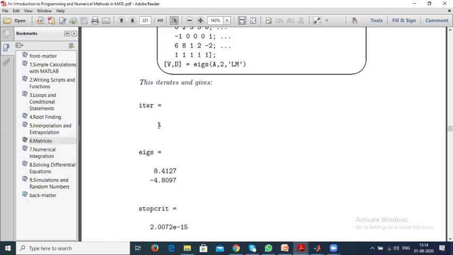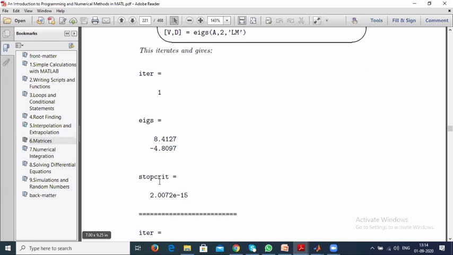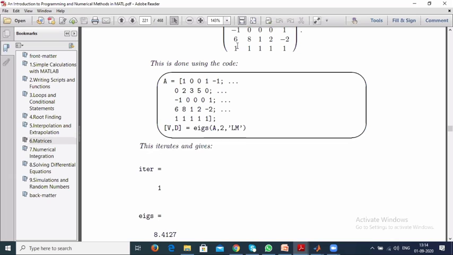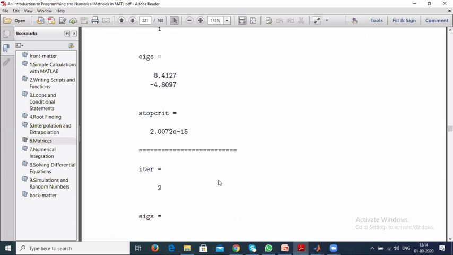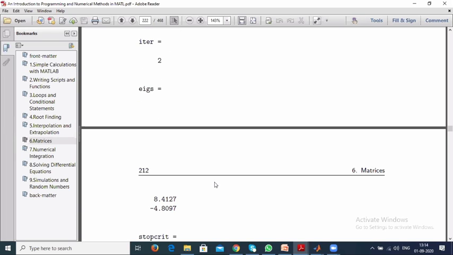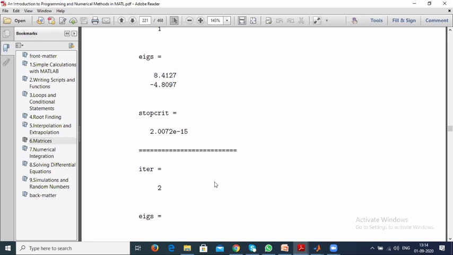This is the first iteration value, and this is going to be the maximum one. The stop script message you get internally, because the matrix size is very big, so it follows some process and finds the largest magnitude values.